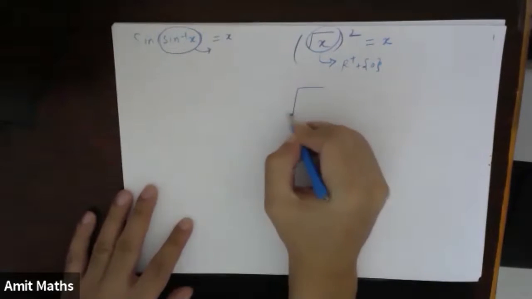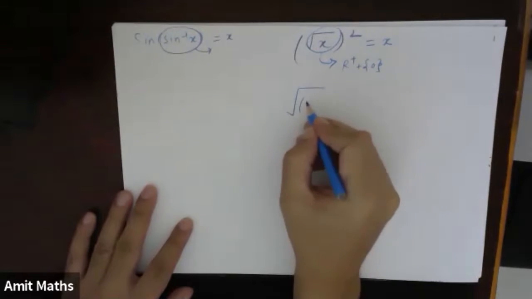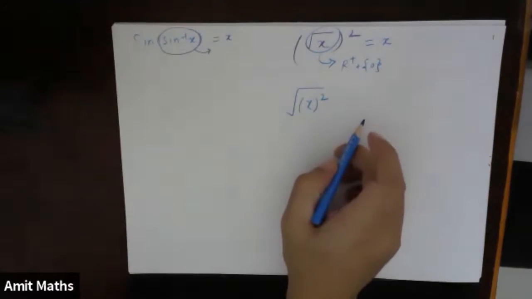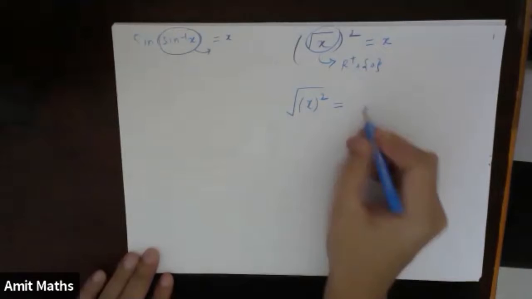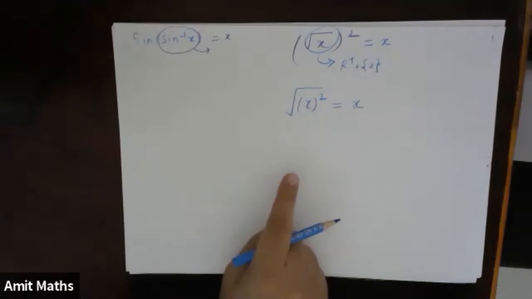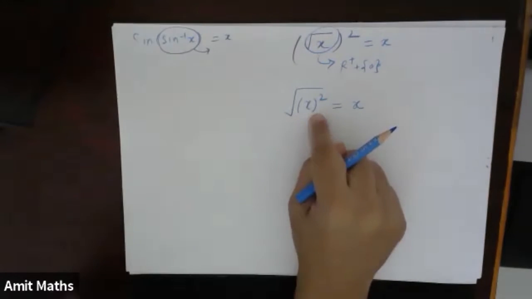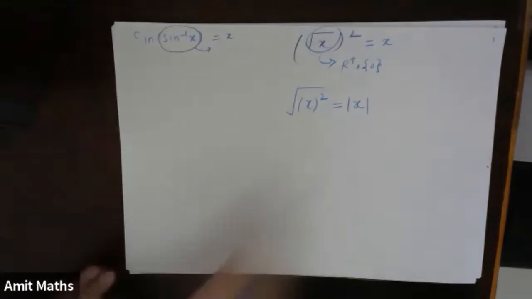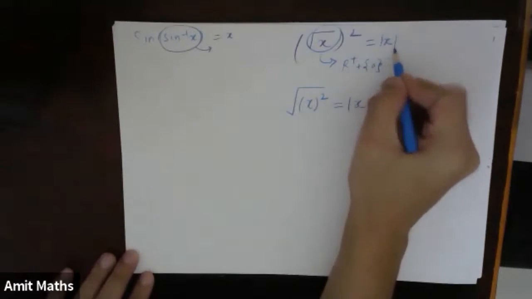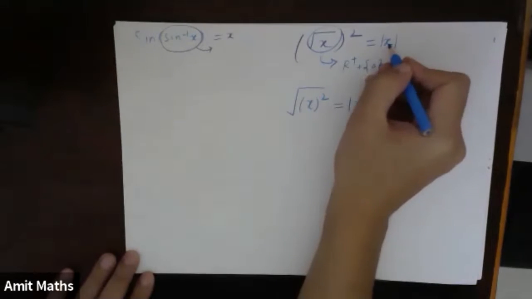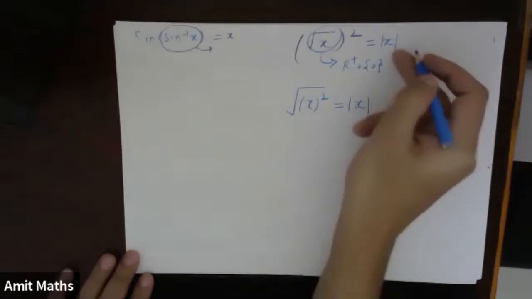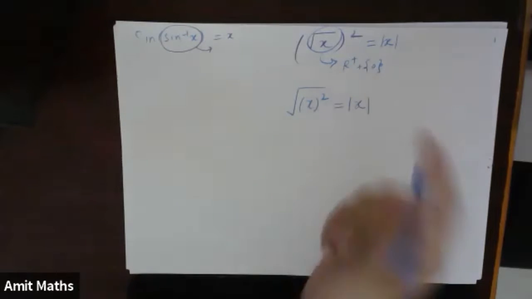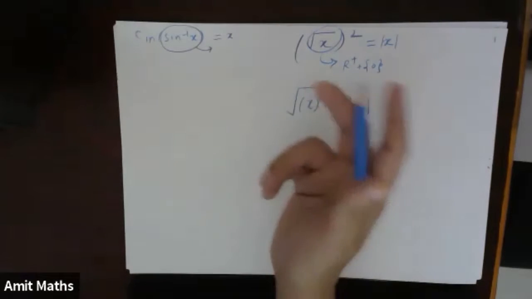Now see, if I change this, suppose I have under root of x square. Again, what will I get? I will get x. But now because there is an under root, this x will become mod x. Here, because x cannot take any negative value, there is no point of writing mod x, because x is taking only non-negative real values, right?